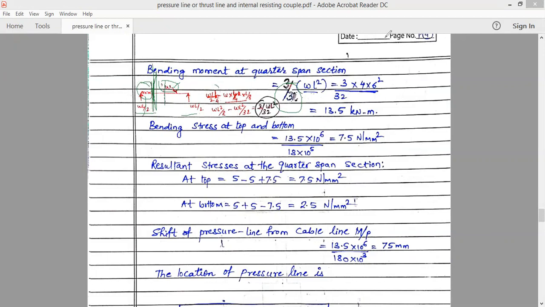I will change the color and tell you the values here. So this distance is L by 4. Again this is L by 4, and if I make two more parts here, it is L by 4, and here also it is L by 4. So quarter span means this is L by 4. So what will be the bending moment? It is WL by 2 into distance. What is the distance? L by 4. So it is WL by 2 at a distance of L by 4. Right? It is clockwise in direction.